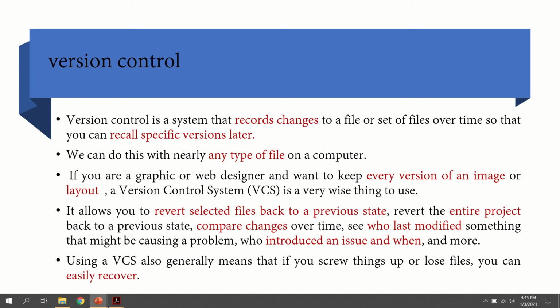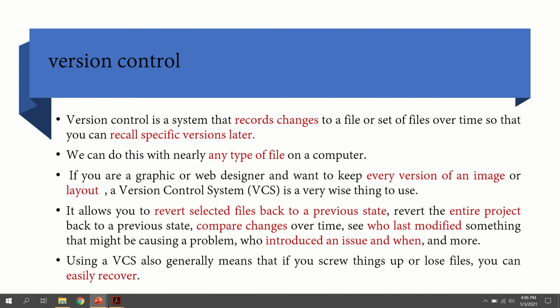Actually, what this version control technique does is that whenever you are creating a file, you may be making so many modifications to the existing file. So all the changes to the files will be stored somewhere, maybe in one file or more than one file. Each and every time you make a different modification to one file, all the modifications will be stored in this version control system, and whenever you want you can take the appropriate versions. Okay, so that is the meaning of the version control system.